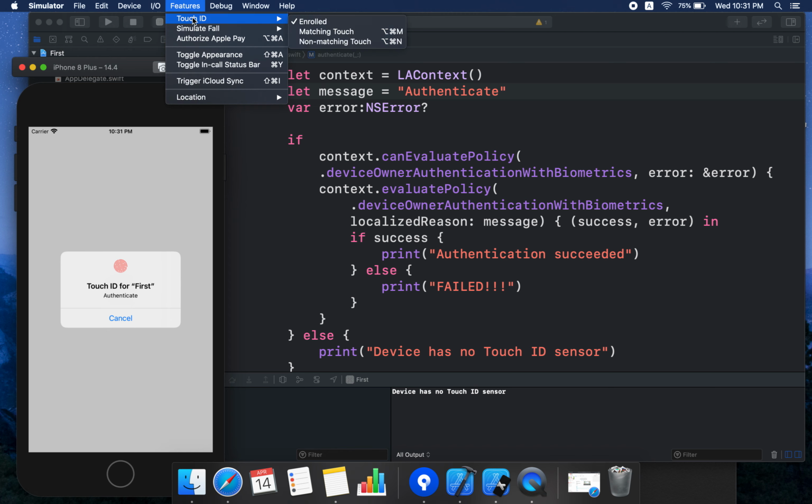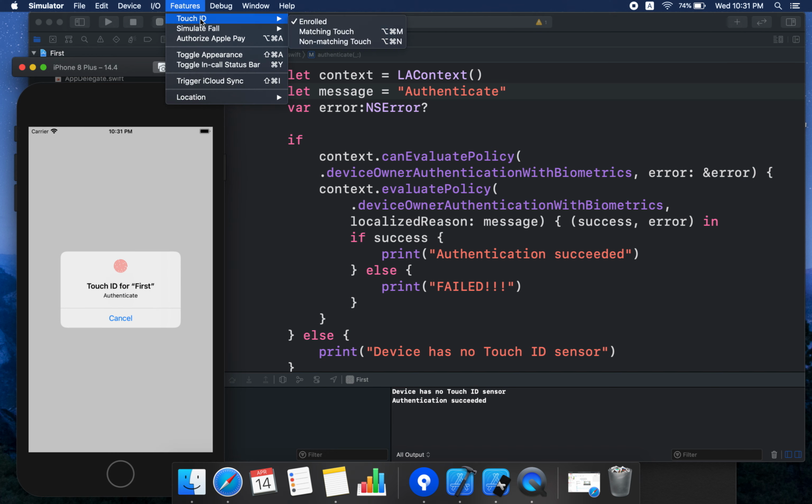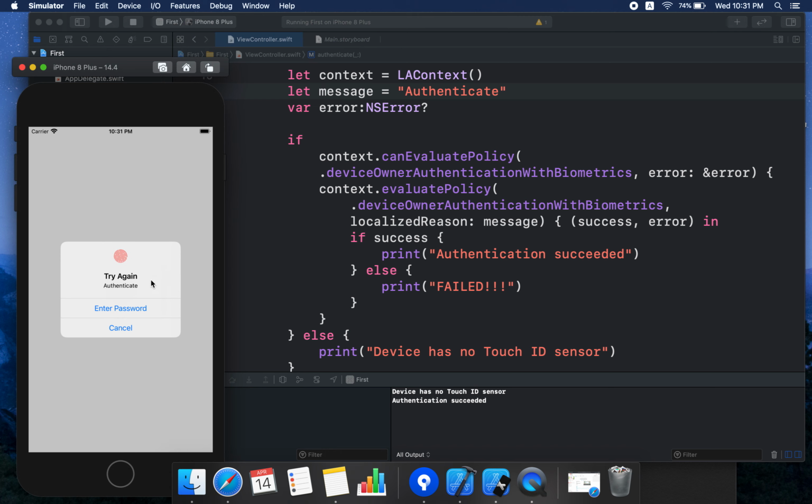I go to Features again, Touch ID, and I say Matching Touch. So it is a success, and it says authentication succeeded. Seeing the other scenario now, I say Non-matching Touch. It is actually failing, and if I give cancel, it means this evaluating of the policy has failed. It has come to the else part, and now it has printed failed.